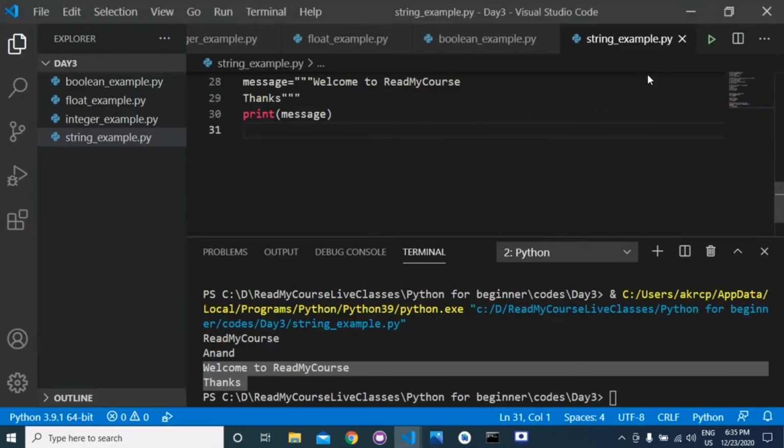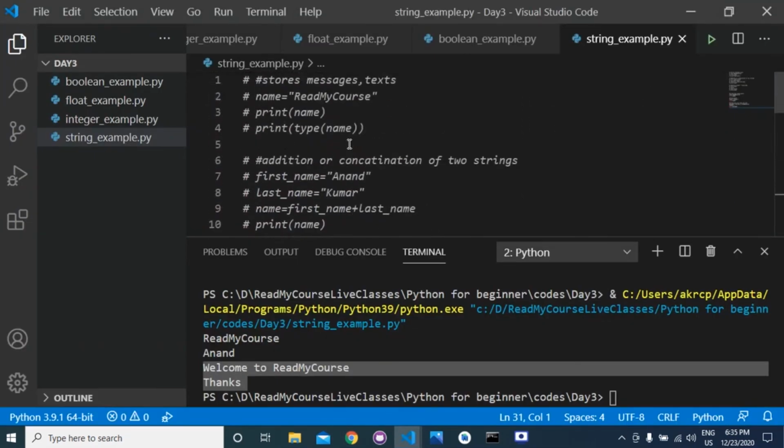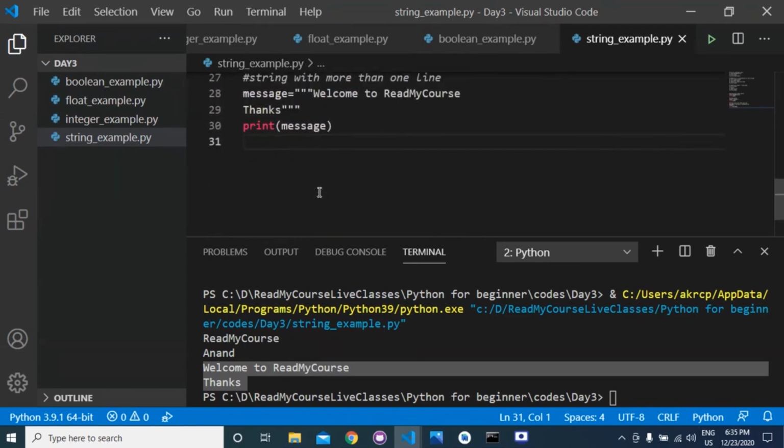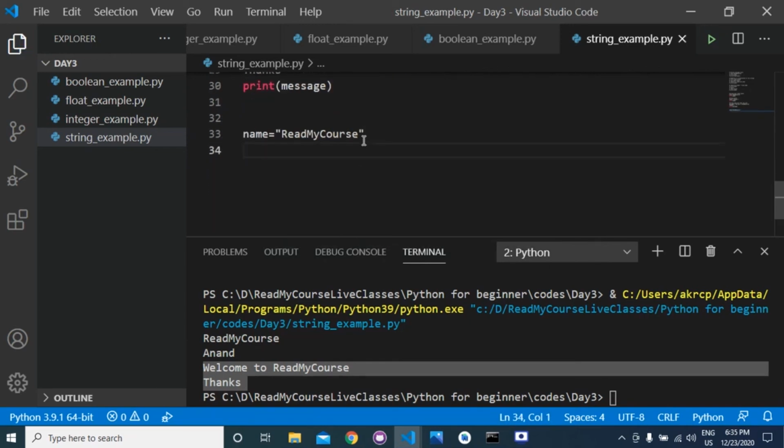Similarly, suppose you have a string name is equal to read my course. If you want to calculate the length of this name, then you can use the len function.